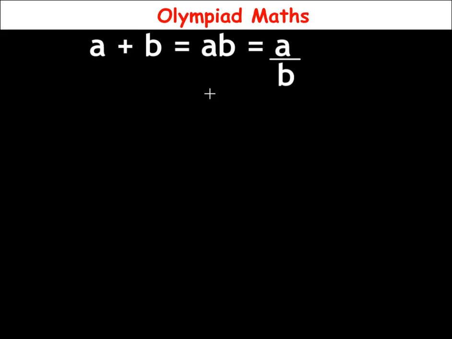So, we want to solve for the value of A and the value of B that will satisfy this equation. Now, notice that B is in the denominator, so B cannot be equal to 0. So, let us then solve for the values of A and B that will satisfy this equation. So, solution,